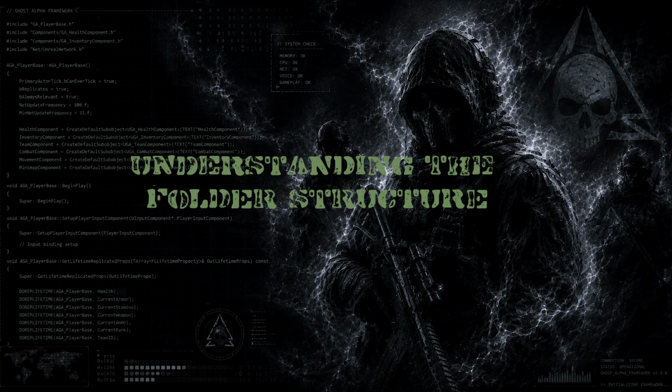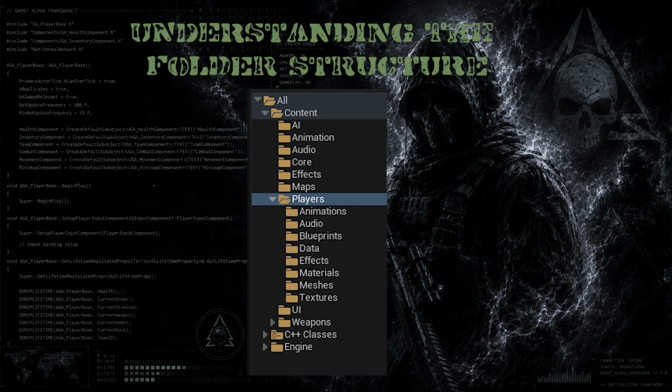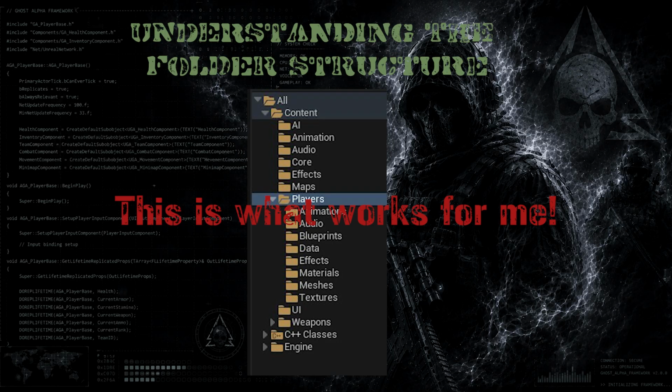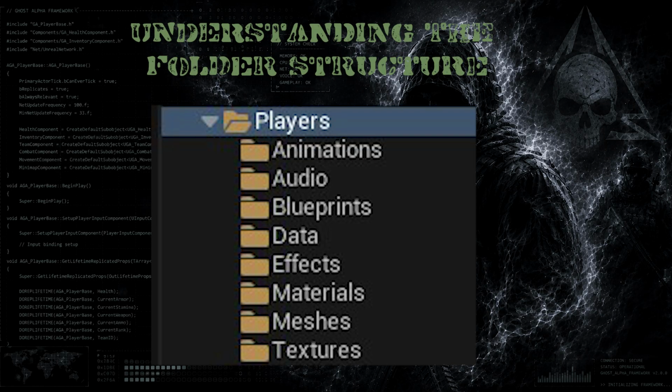At this stage, we do not need to create every single folder right now. The goal is to understand the overall framework structure and long-term organization. Inside the content browser, we create folders directly under the content folder. We will ultimately create folders like game, players, weapons, teams, inventory, UI, audio, effects, and developer. Inside these folders, we then separate blueprints, meshes, materials, textures, animations, audio, and data. This gives us shorter asset paths, cleaner references, easier navigation, and better long-term scalability.